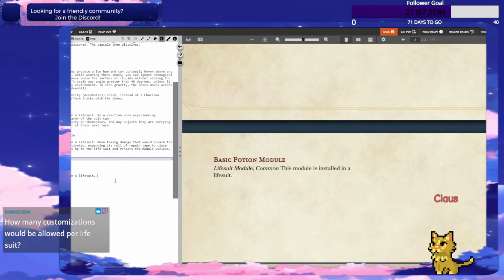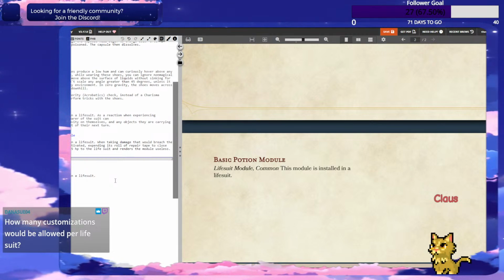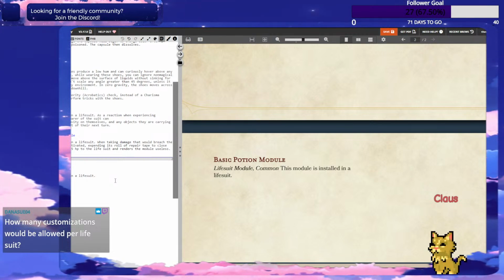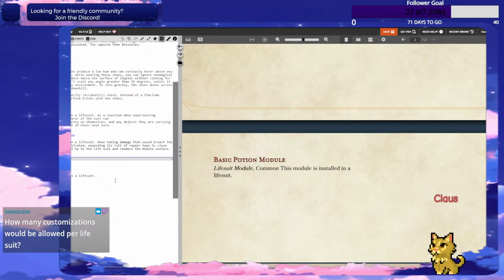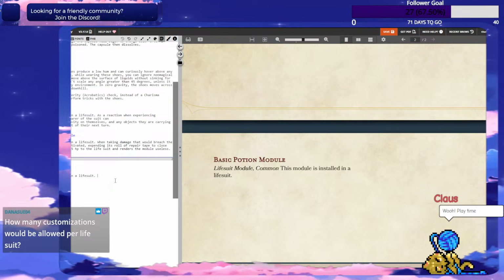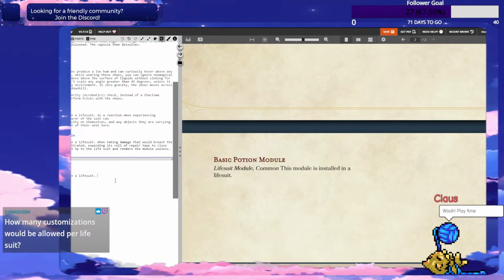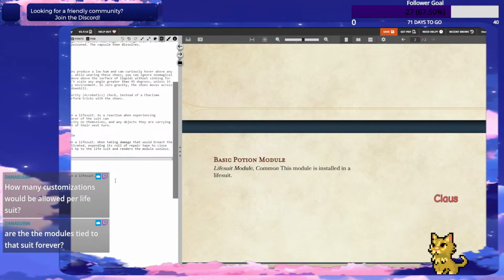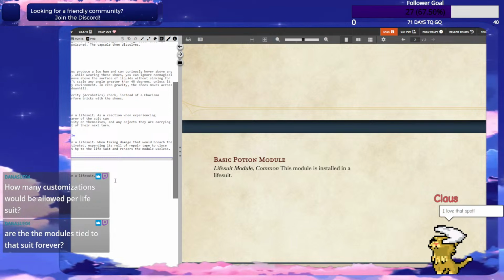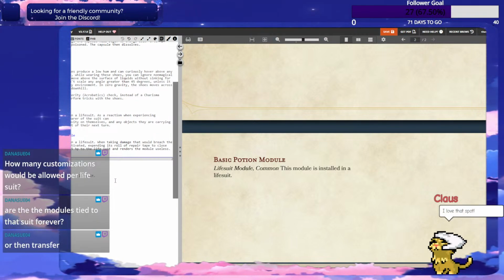I just don't like having to keep more things to keep track of. That's my thing. It's already hard enough to think of how many items am I attuned to, how many potions do I have, where are those potions, what's in my bag of holding, what's not, and then to think of also, yeah, I would say that's tied to that suit forever, which is another